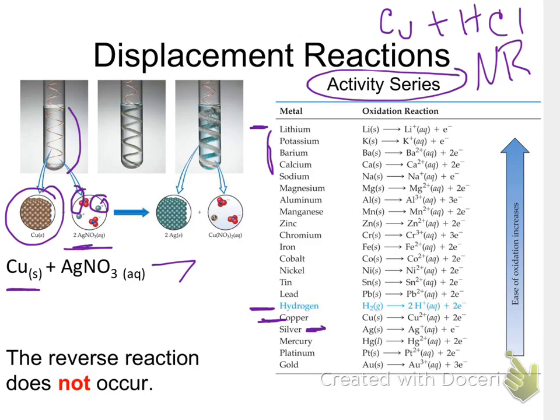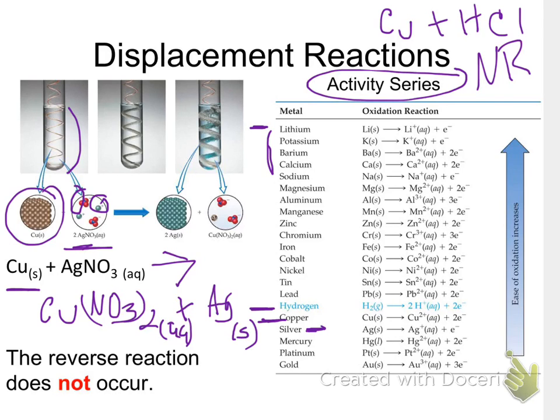So what happens when it occurs is the copper replaces the silver, and I know it's copper 2. I wouldn't expect you to know it's copper 2 unless I told you. And so this is aqueous, so now I have copper and nitrate floating around, and I end up with silver metal. And you may have done this reaction in Chem 1. You can see the silver looks almost like rust. A lot of students will say it's rust on top of the copper,